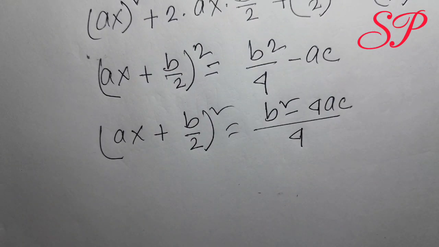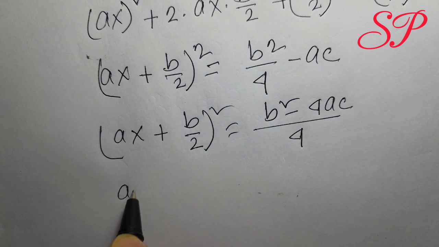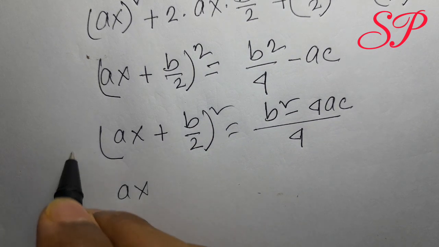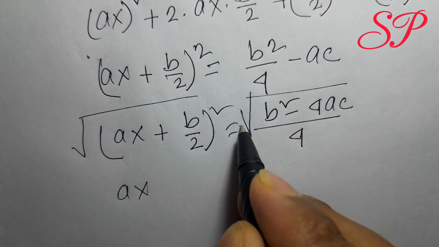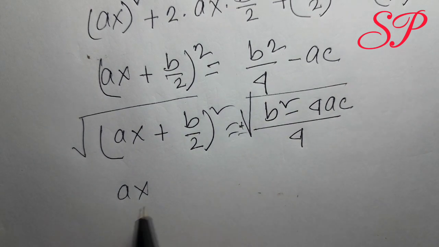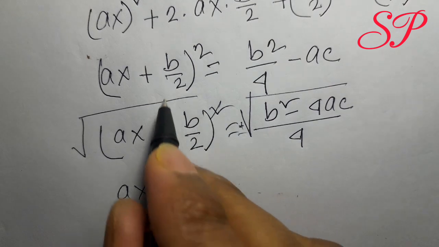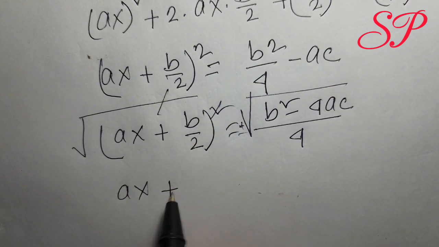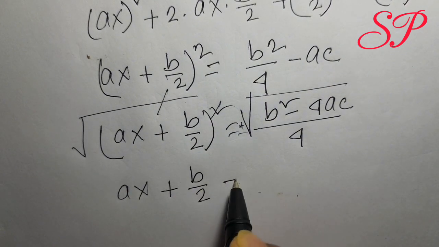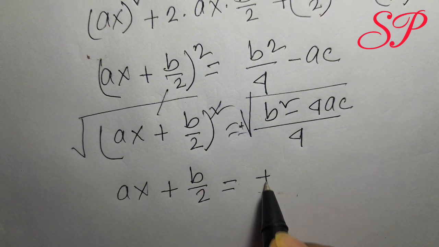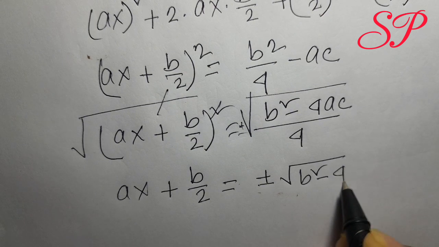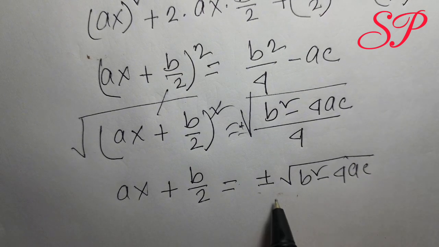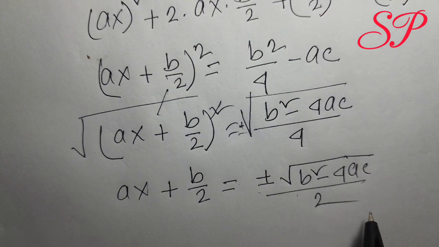Okay, and we take the square root of both sides. Here it is plus minus, so square and root cancel. Ax plus b by 2 is equal to plus minus root over b square minus 4ac by 2. Okay,